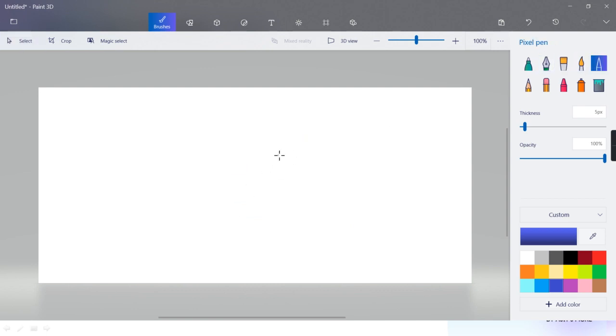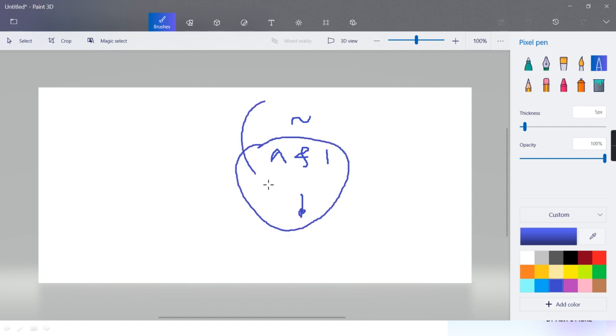Then we have the tilde operator and the not operator. The grouping is like this: in one group these three and not come, and in the other group these three and tilde come.